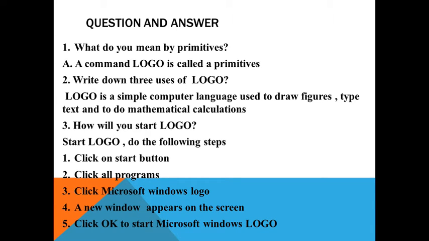What do we mean by primitives? A command in Logo is called a primitive. Write down 3 uses of Logo.